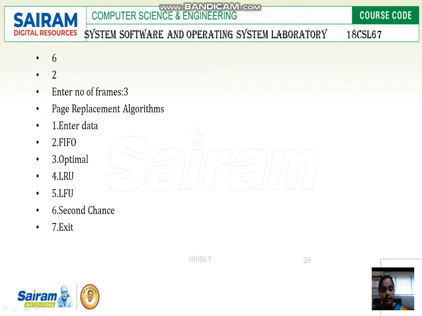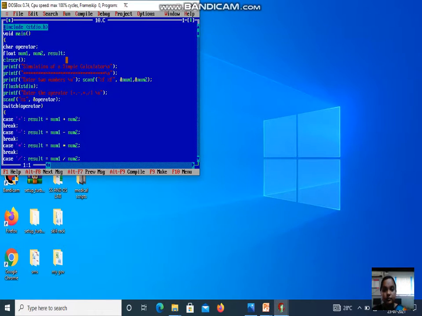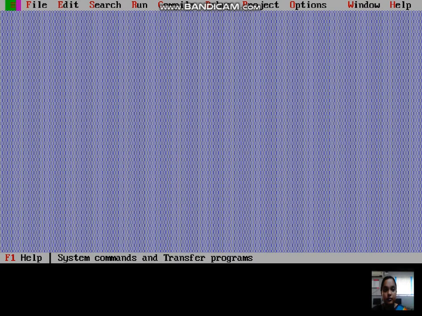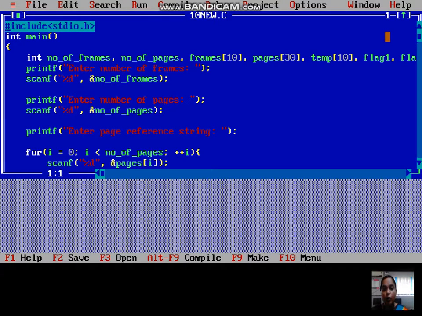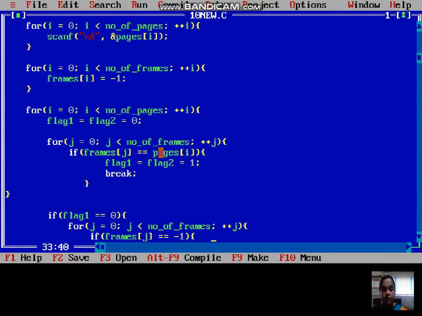Now we'll see how to compile it. I'm going to open the code which we have discussed now. This is the number of frames and number of pages, then enter the page reference string and the break statement.